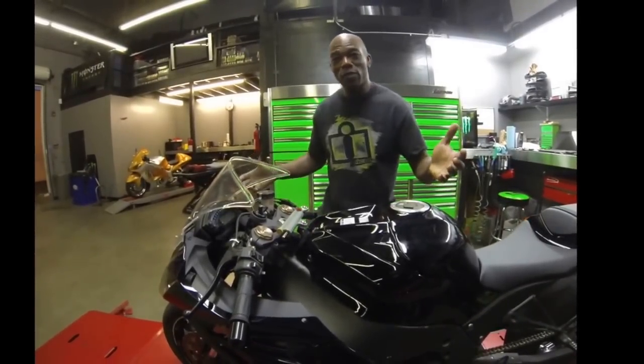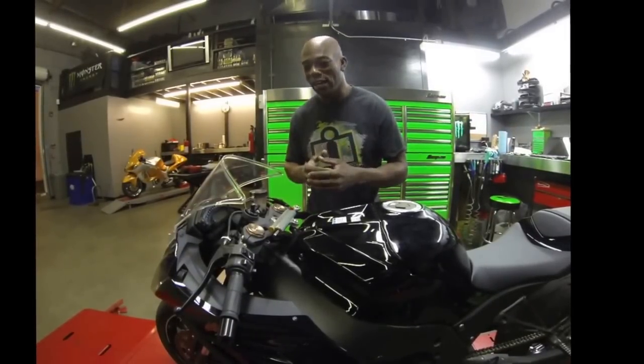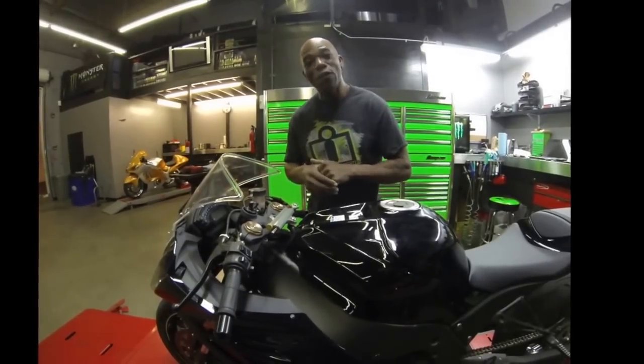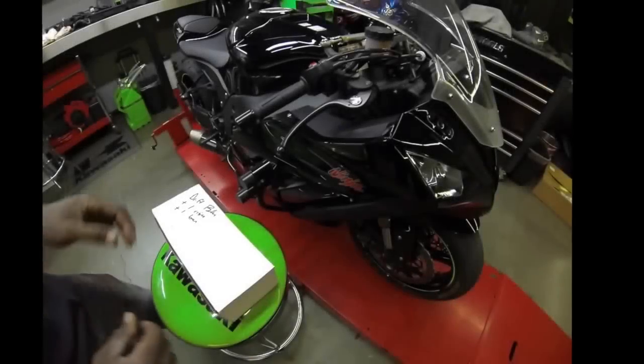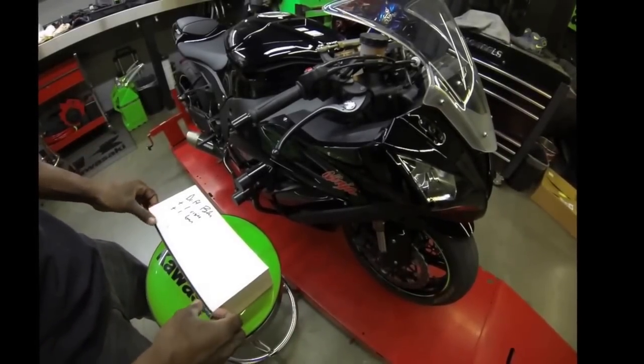The main purpose behind Convertibars is obviously adjustability. We're going to show you how to fit the bars and maybe even give you some secret insight into what my preferred setting is. I don't know, we'll have to see about that, but stick around and hopefully you enjoy the video. So prior to doing work, you want to go ahead, open the box, and make sure you have